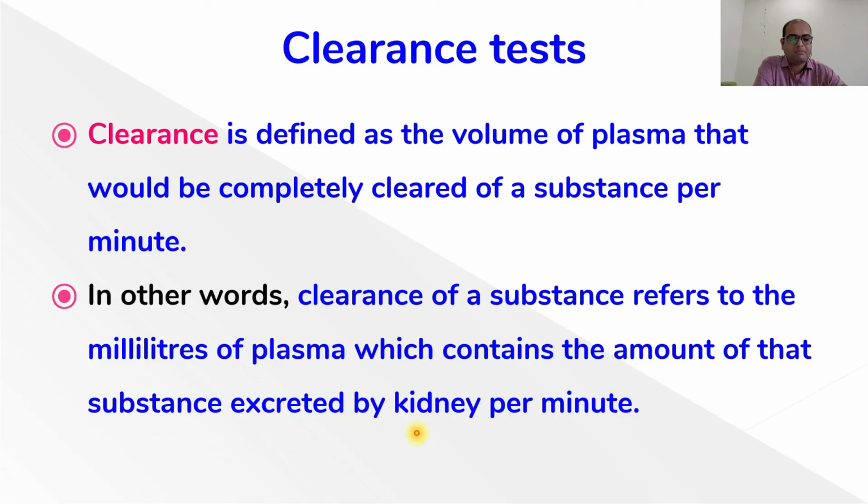So we are utilizing per unit time and per unit substance. If I have 1 gram of creatinine in my blood, then how many milliliters of plasma will the kidney require per minute to completely clear that 1 gram of creatinine? So clearance is always in ml, meaning it is basically the filtration process we are talking about: how many ml per minute of blood is getting filtered out through the kidney. The only thing we are adding is one particular substance that is to be completely removed from that particular amount of blood.